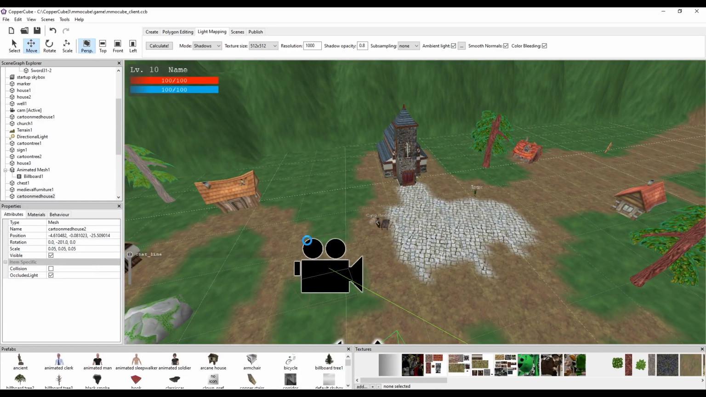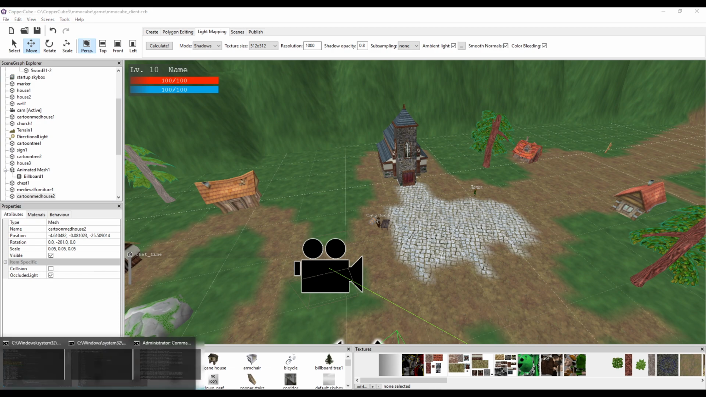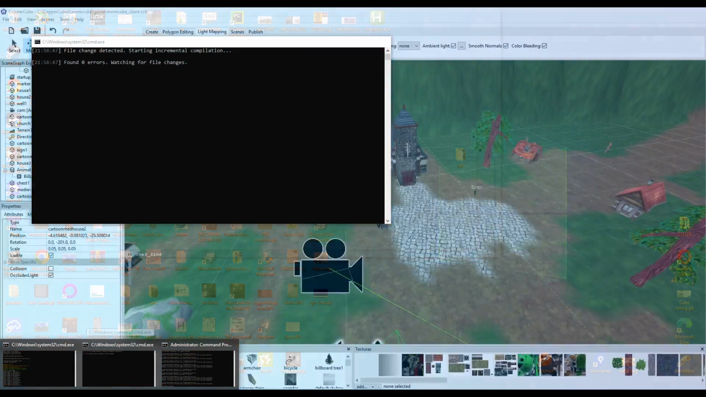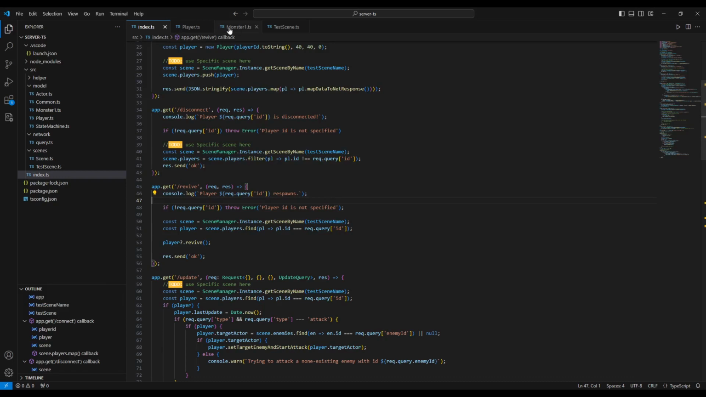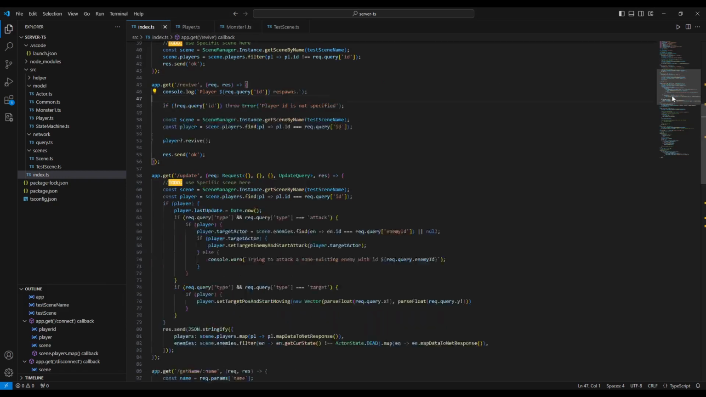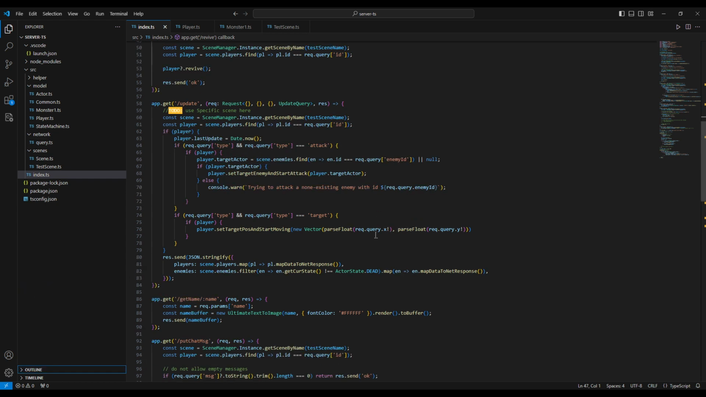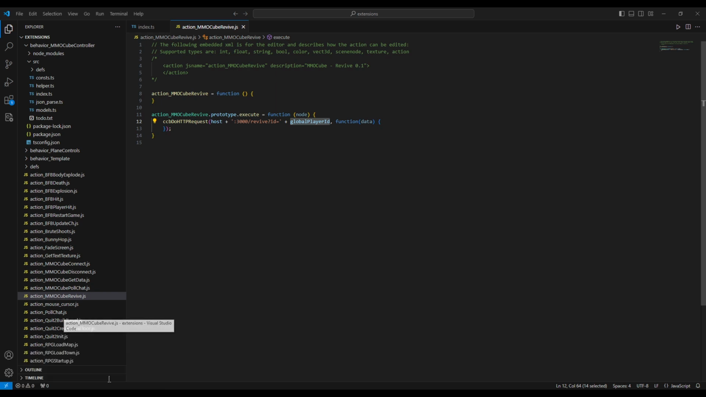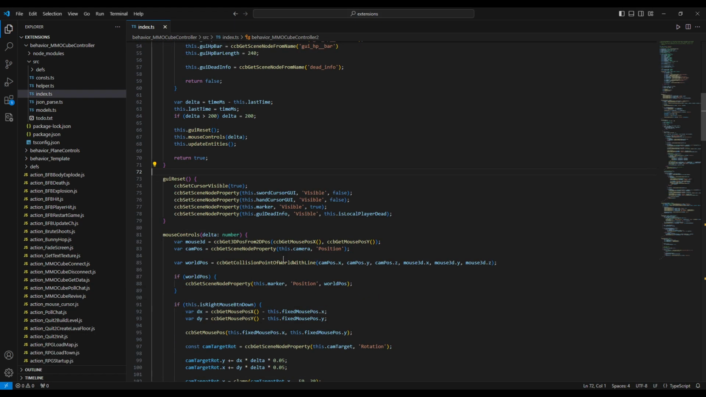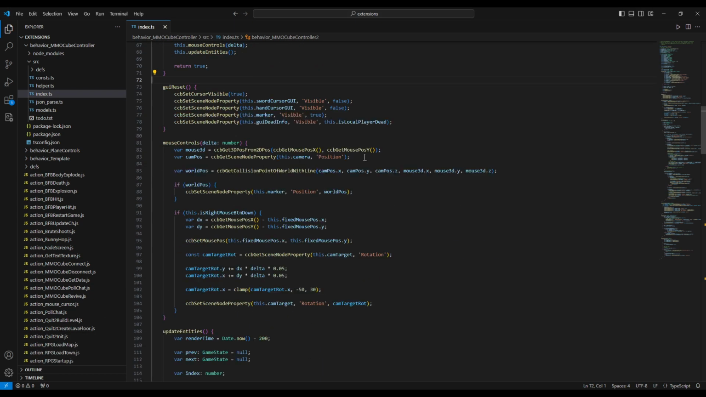So first of all, let's just fix the player spawn position. Let's make sure we are actually building the extension. And the first thing I would like to do is print out the player position. So this is a server part. This is our index, and here inside